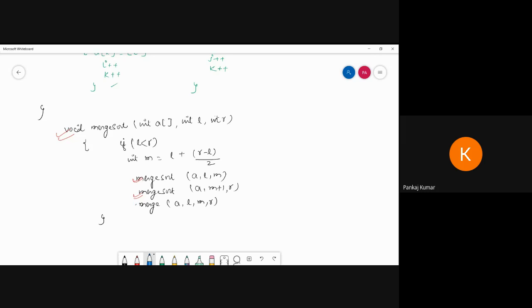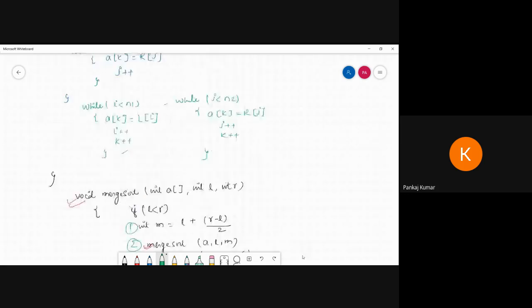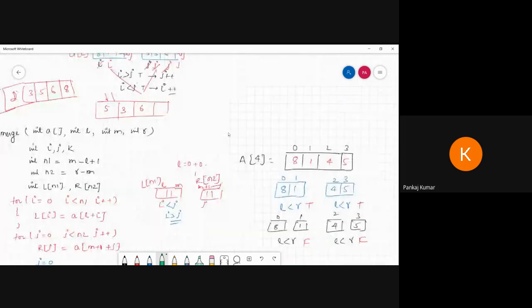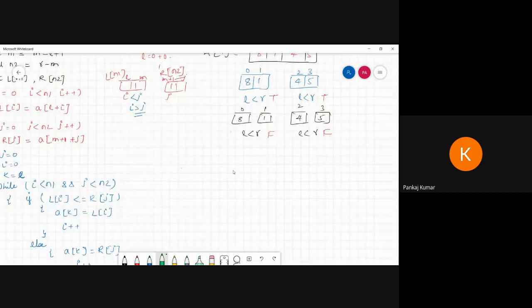I am discussing this last figure. Suppose I am numbering this one as 1, this is the 2, this is the 3, this is the 4. So I am talking about the fourth one. The fourth one starts from here.